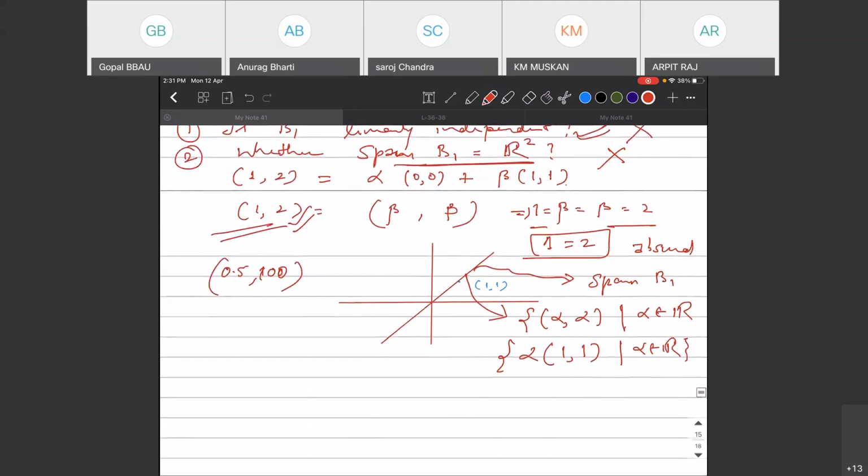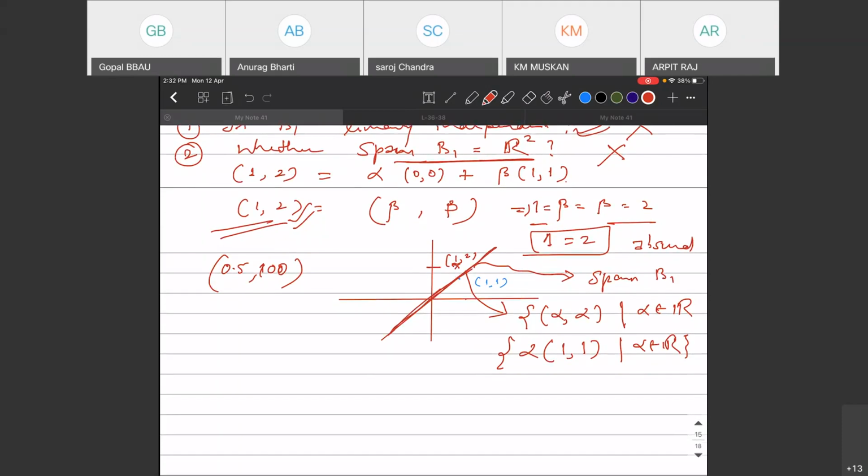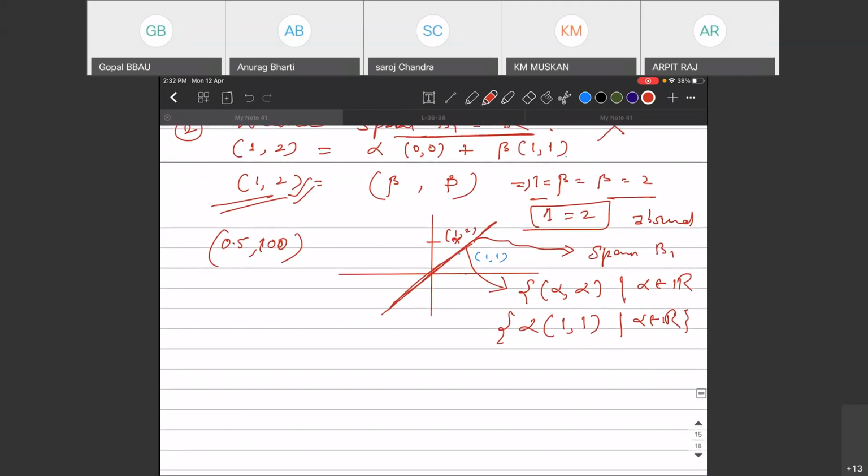अब मैंने क्या लिया, 1,2। मुझे मालूम है 1,2 इसके बाहर है, यहाँ पर कहीं पर है। तो वो उसके लीनियर कॉम्बिनेशन के फॉर्म में मैं नहीं लिख सकता। तो इस लाइन के बाहर कोई भी एलिमेंट को आप नहीं लिख पाएंगे। ठीक है? आई बात समझ? तो वो एक एग्जाम्पल था, हमेशा ऐसा नहीं लेंगे।